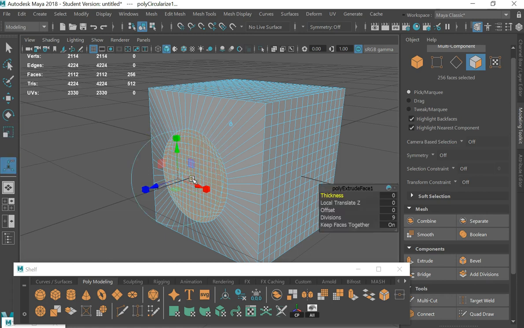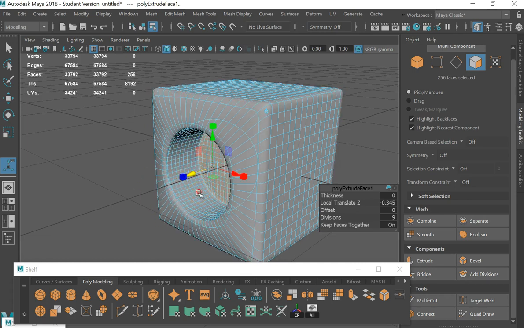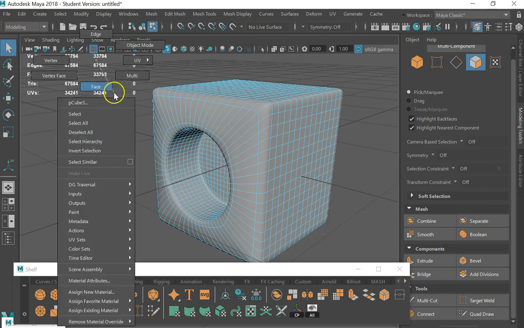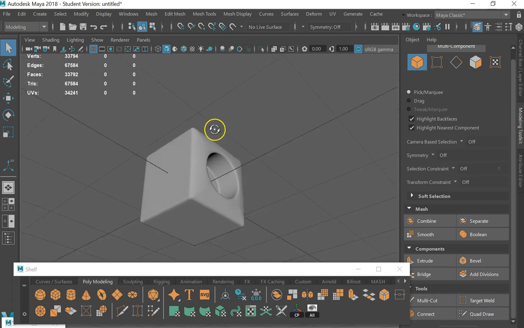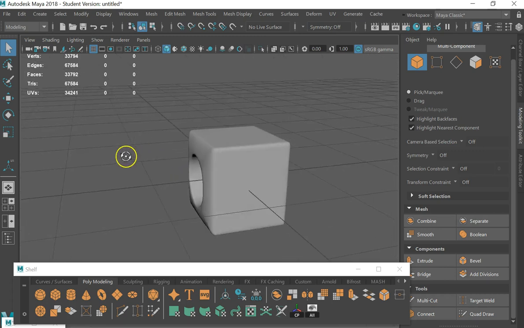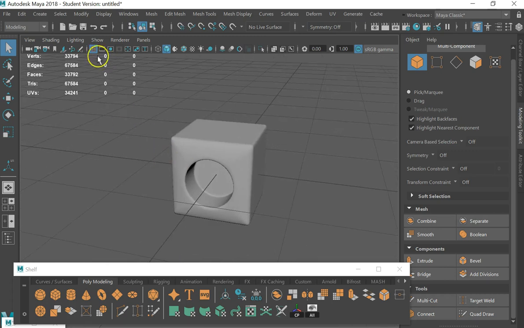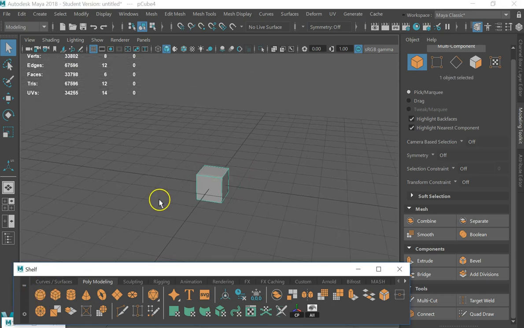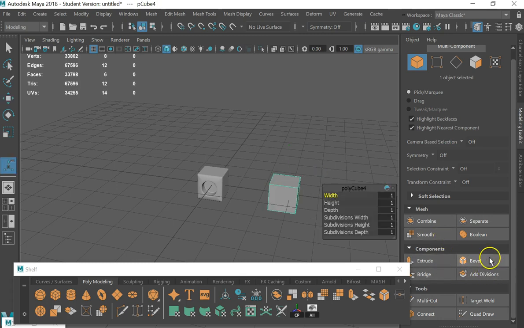Because what happens if I hit Control E and I go like this, you'll notice that I get a really nice clean mesh. And if I hit right click there, you'll notice that it kind of works out reasonably well. The old school way of doing this I'll also show you, which is you go like this, you add a bunch, bevel,